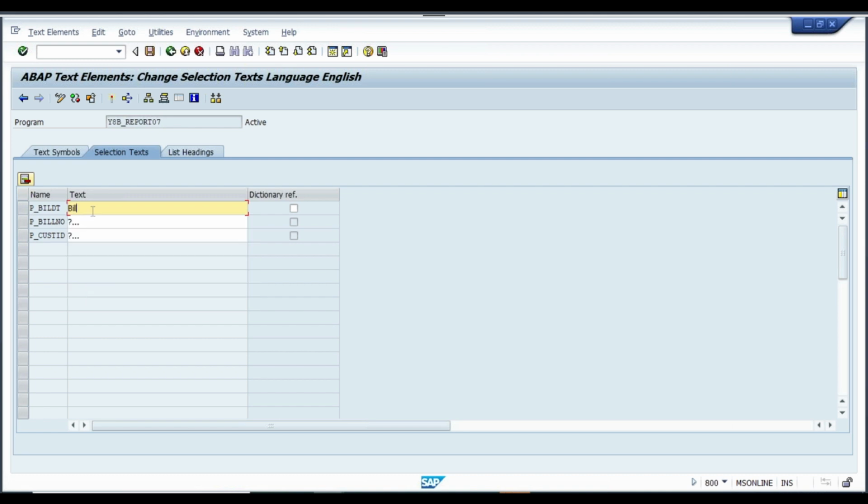whatever, bill date, bill number, customer number. So the client will give you how he wants the screen. Example,